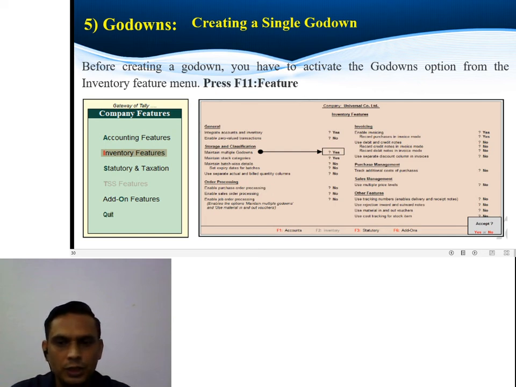From these, in the option Storage and Classification, set Maintain multiple godowns to yes. After that, the menu asks you to accept the changes. Press yes to activate it.